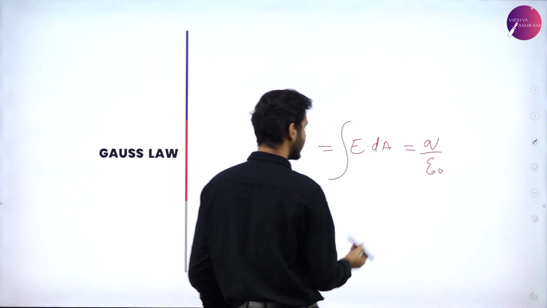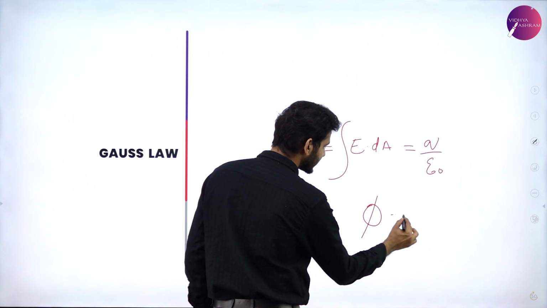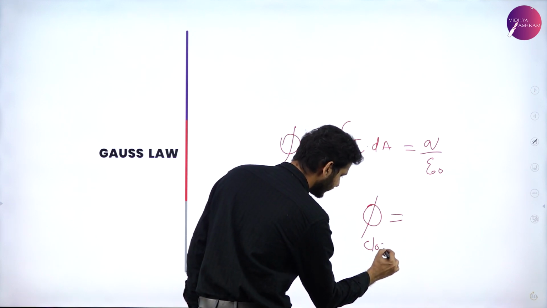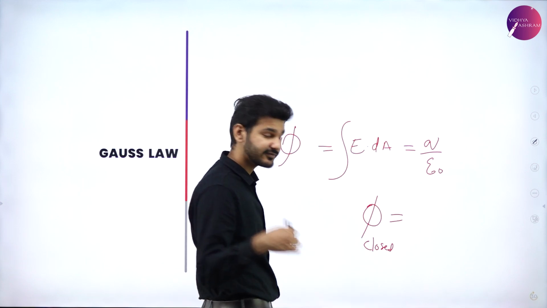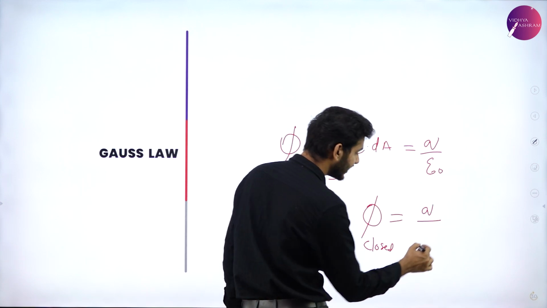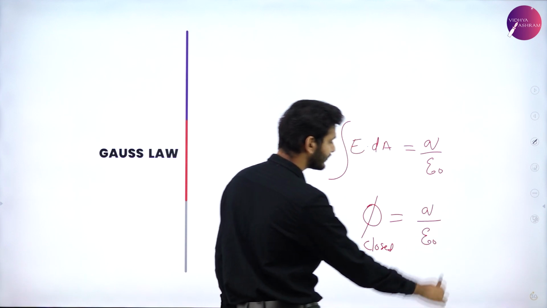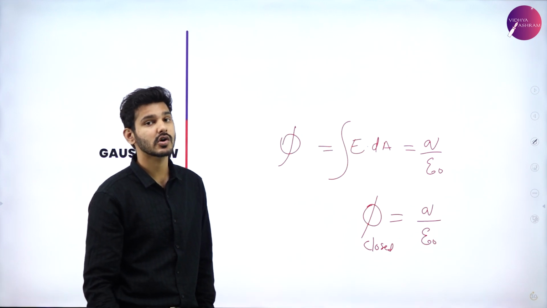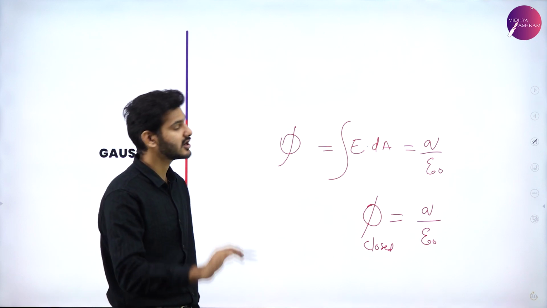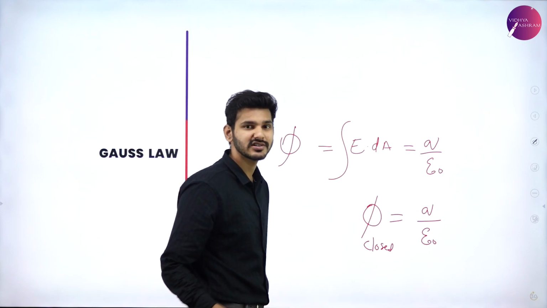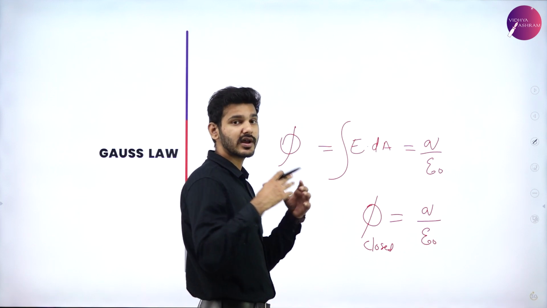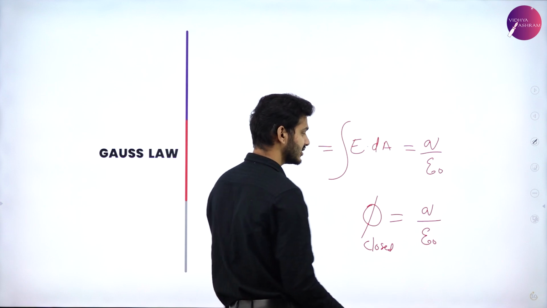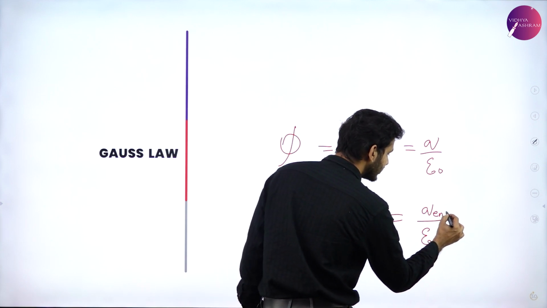So we can say that the electric flux for a closed system was found to be Q divided by epsilon naught, or the net charge determined the amount of flux coming out of that particular closed area. And this charge can be not just one charge, it can be a number of charges. So we can say that the net amount of charges, or the charges enclosed,